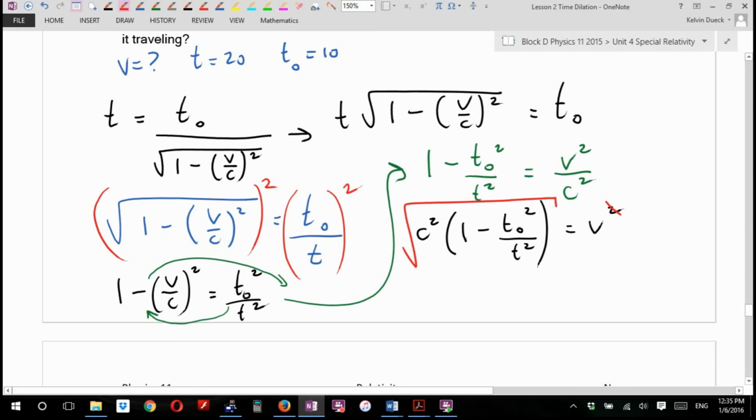Time to plug in numbers. Well, this is complicated plug and chug. This is plug and chug with a vengeance. But, Karn, it's an interesting question. If you wanted time to go half as fast for you as the people back home, how fast would you need to travel? I kind of want to know. So it's going to be